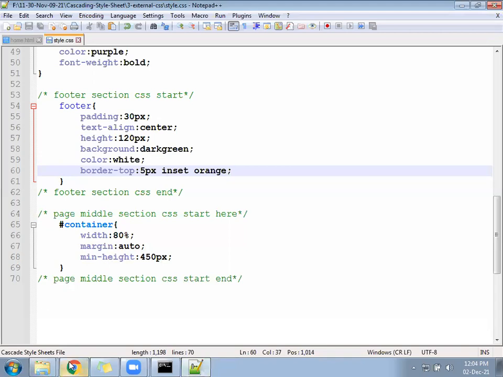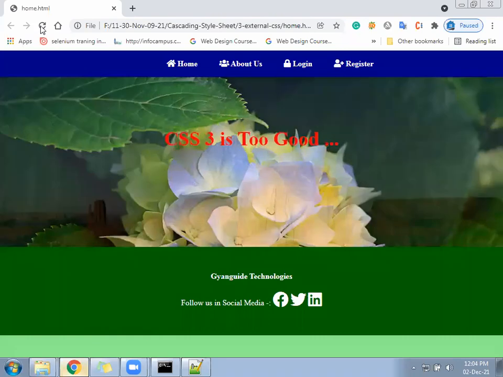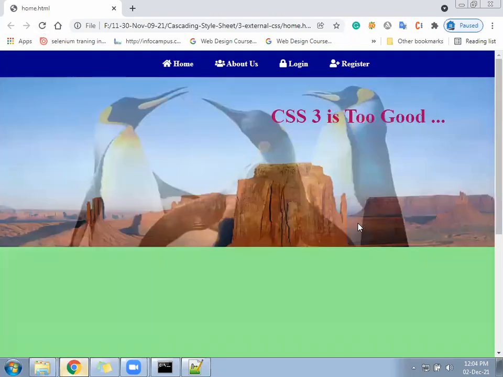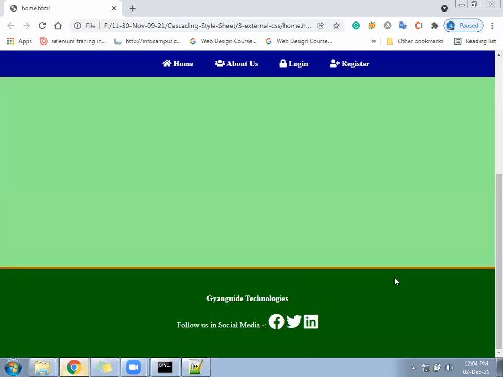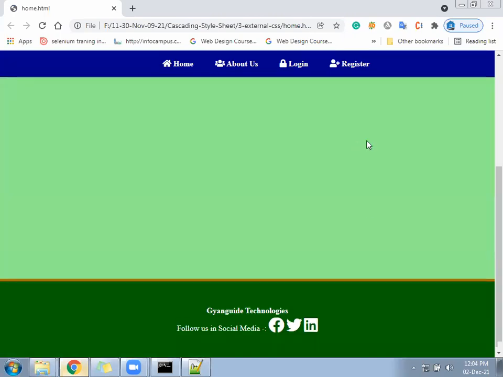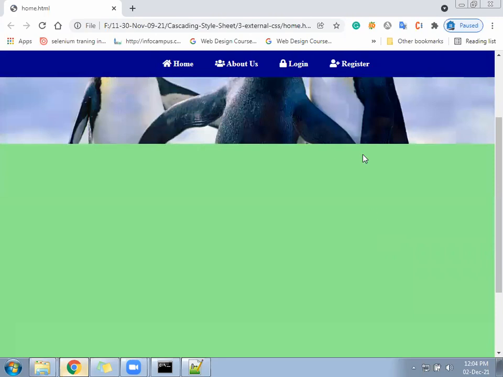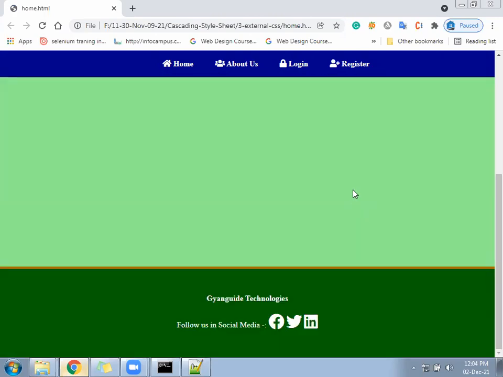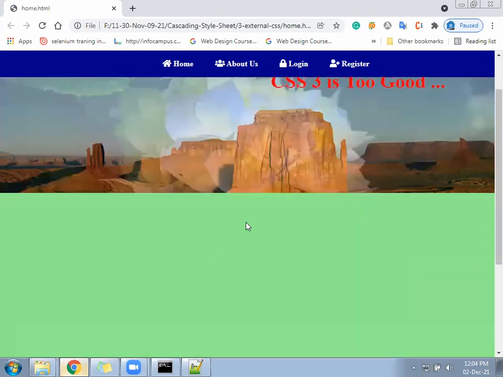So your container will come in between and the footer goes last. The height of this section is 450.